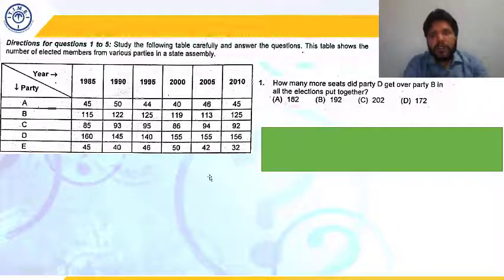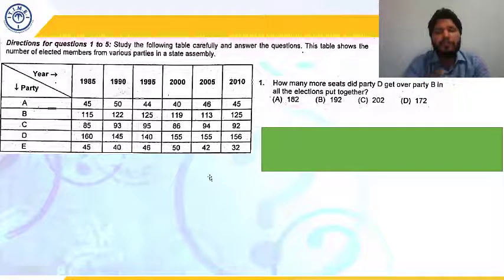Okay, let's see what this question is asking. Let's read this question once again with me. How many more seats did party D get over party B in all the elections put together? So what is this question asking? It is asking us how many more seats did party D get over party B in all the